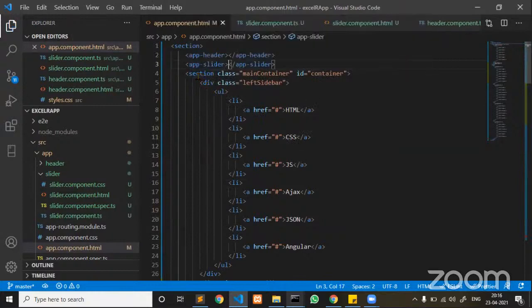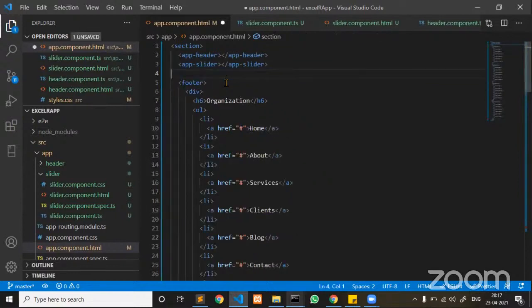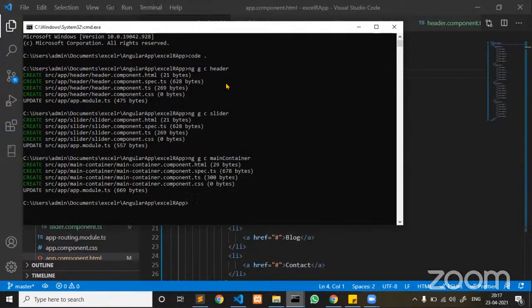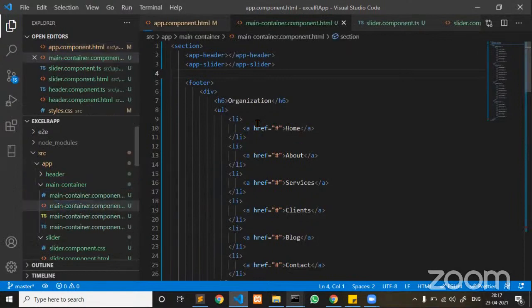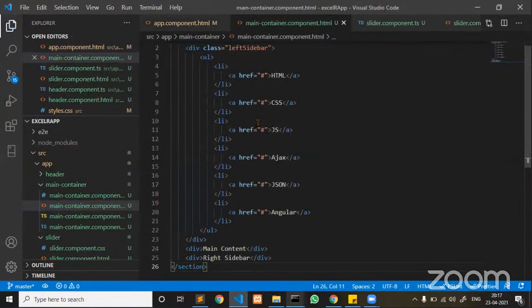Similarly, there is one main container that you have to create. For that I am creating one more component. Go back to the command prompt and create one main container. I'm giving it some name. Inside this main container, I wanted to load the left sidebar, right sidebar, and middle bar. So to do that, under main container, go back and copy paste whatever code I am decomposing. Now I wanted to use this inside